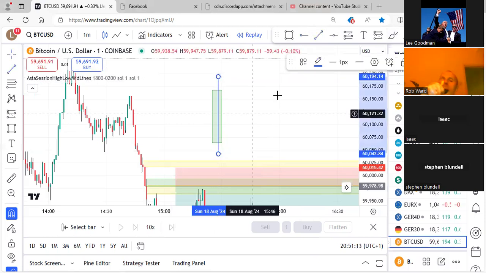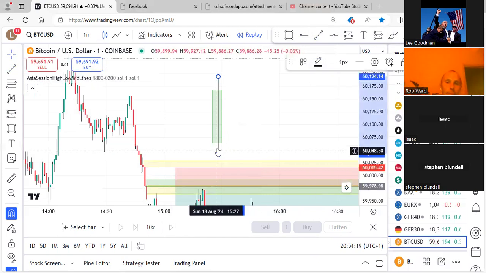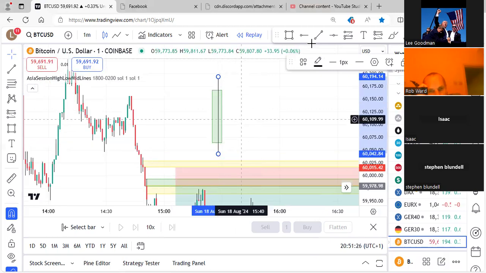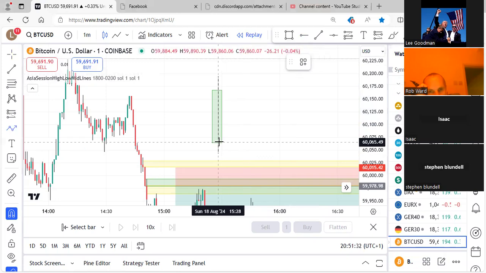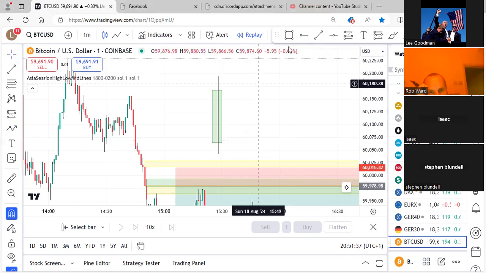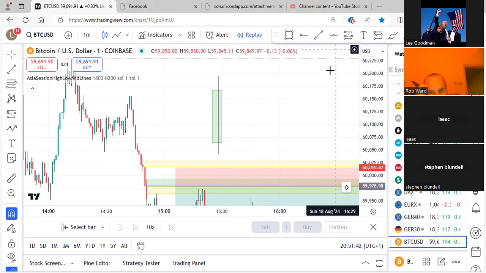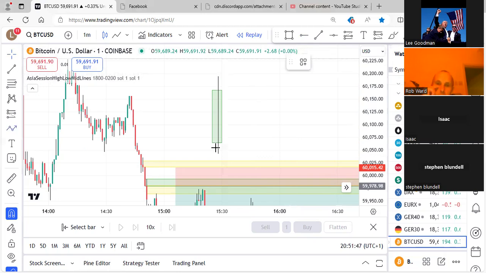So if we say this is a 15-minute candle, we've got obviously the body close, body open, wicks. When we're looking for imbalances, it's going to get tricky here for me a little bit, but let's say this is the body open because it's a green candle. Is the whole thing green? Yes, that's a buy candle. So if we were looking for an imbalance in this candle, there's potential that this candle has